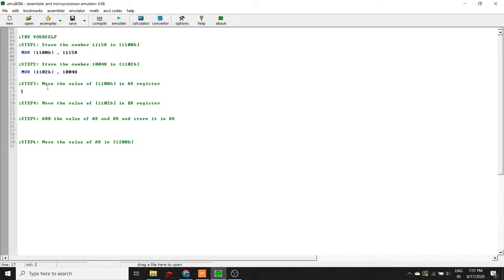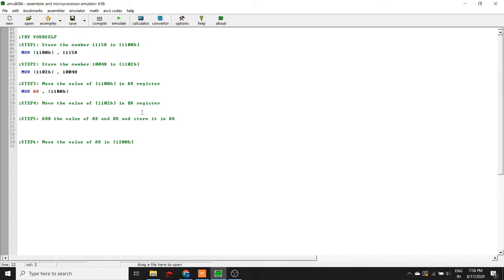Now next was move the value of 1100H in AX register. So again we will use the move command, mov AX, since we have to move the value of this in our AX register. So AX, 1100H. So this will move the value which was there in this location in the memory to our AX register.